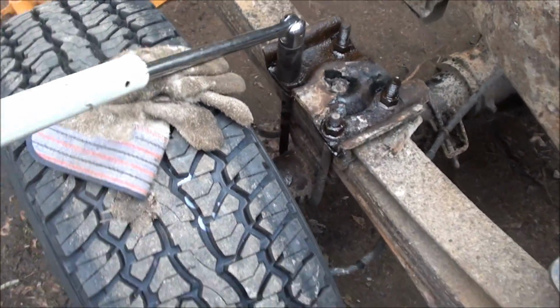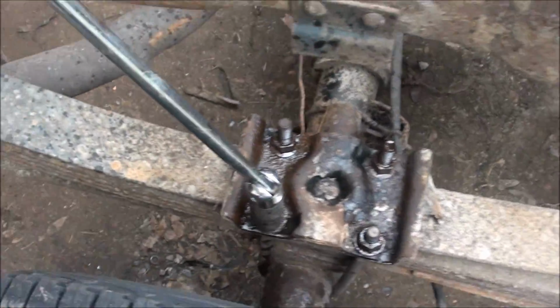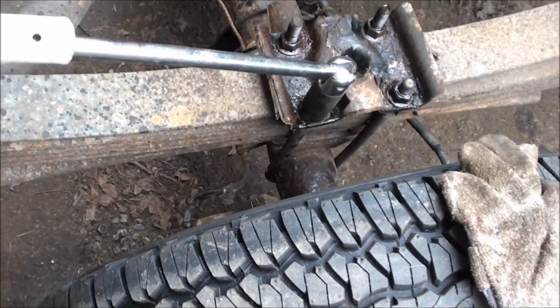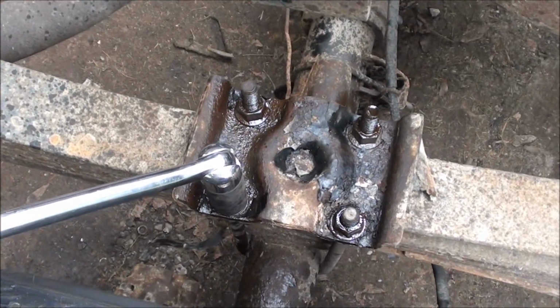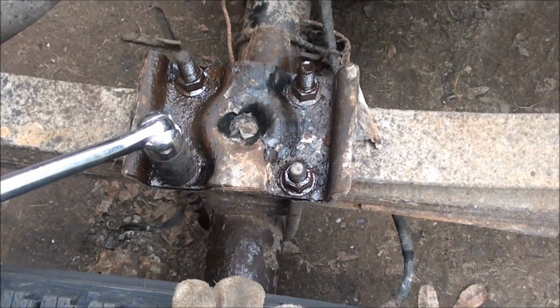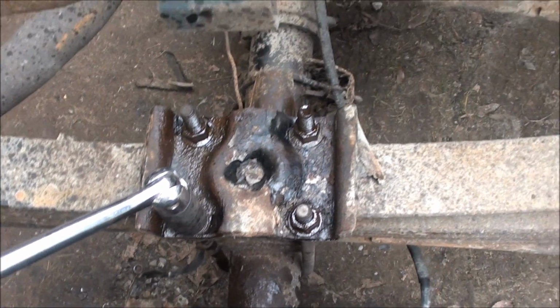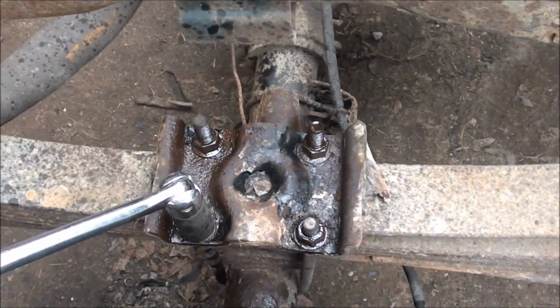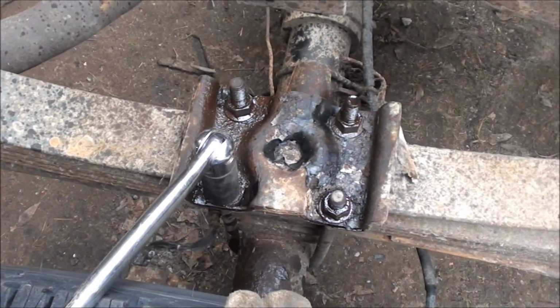But anyways, a little bit of penetrating oil and a persuader will get this off. My air gun didn't quite have enough guts to take them off, and I don't think it's because they were frozen on there with rust. I think it's because they were torqued down so tight that the gun wouldn't do it. So I got them cracked loose pretty easy with these ones, and